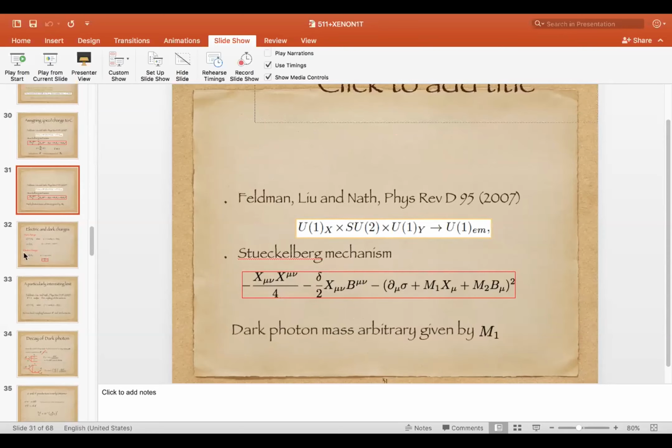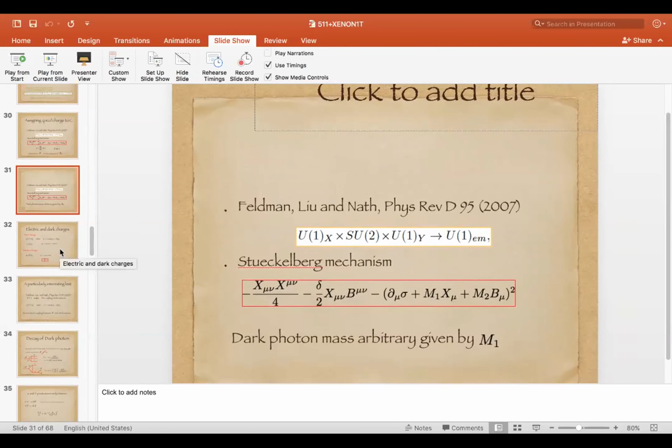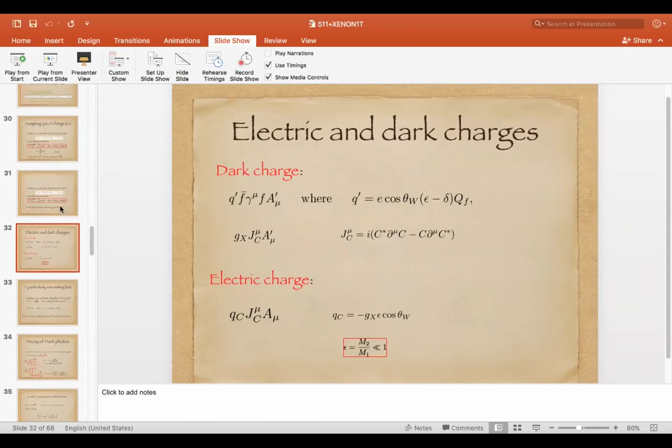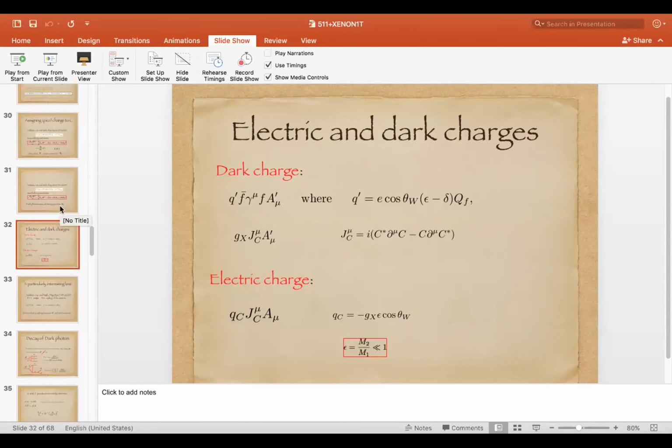Now, how can we assign electric charge to this C particle? We should add an extra U(1) gauge symmetry. I have not explained the